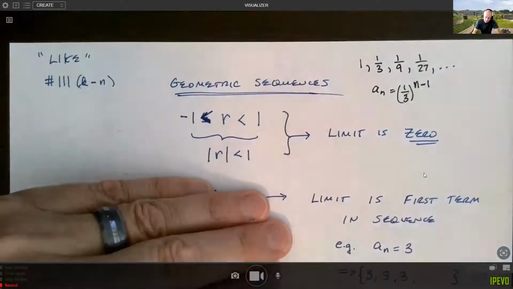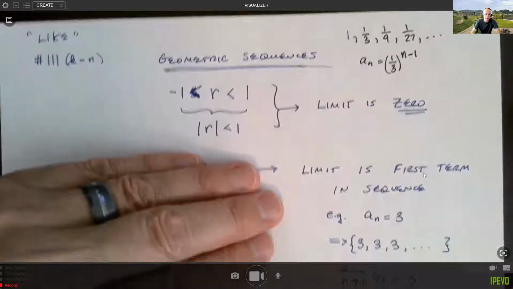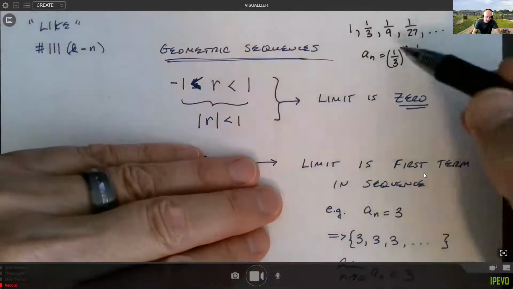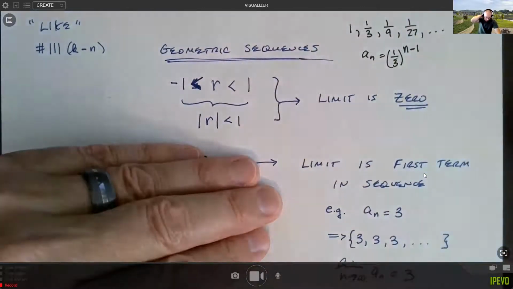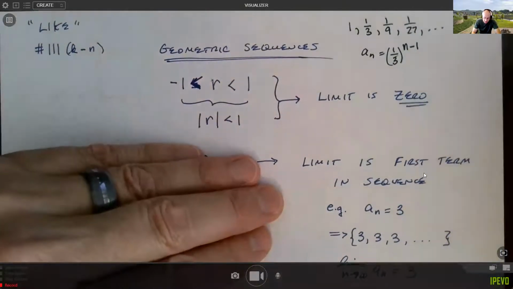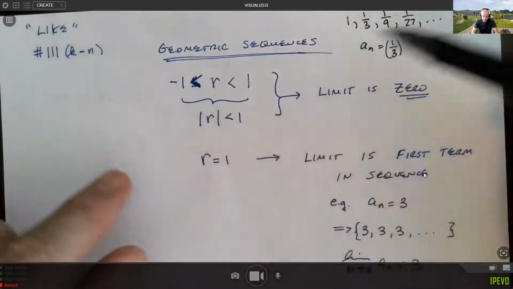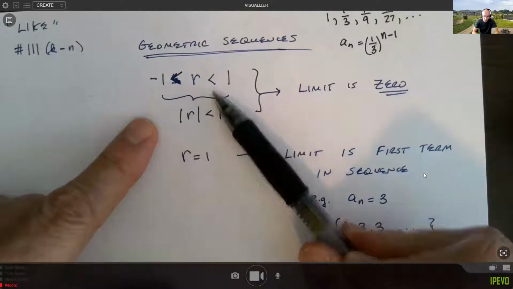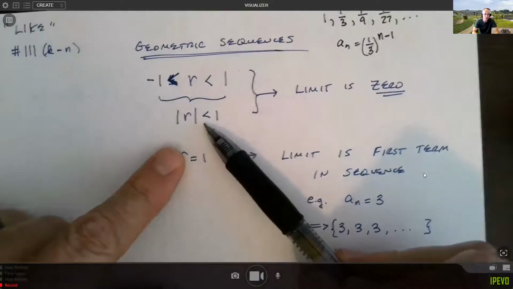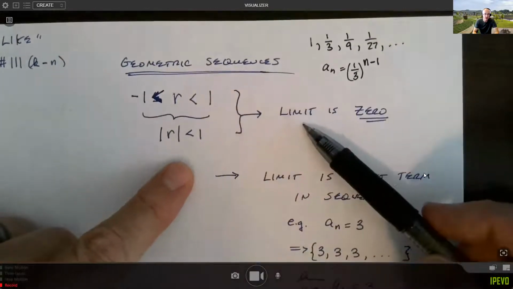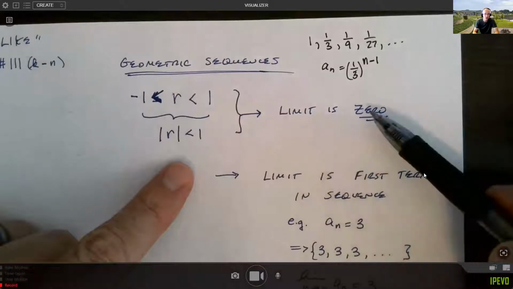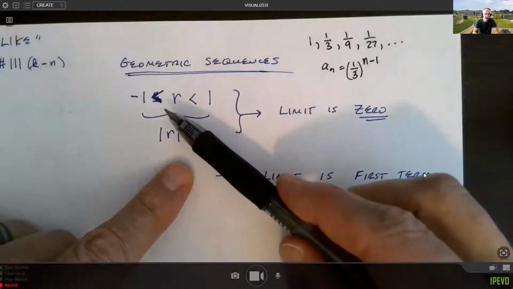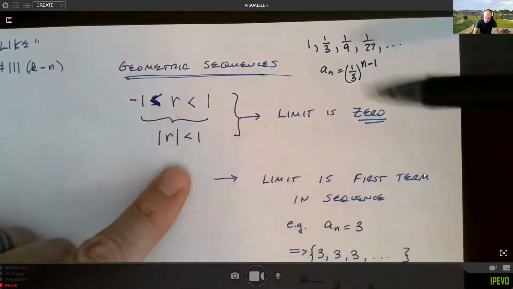At any rate, that is an example of a geometric sequence, and the value of R can be any real number. What we learned in the lecture is that if the value of R is between -1 and 1, in other words its absolute value is less than 1, then the limit of such a sequence is always 0. So even if R is -1/2 or -1/3,